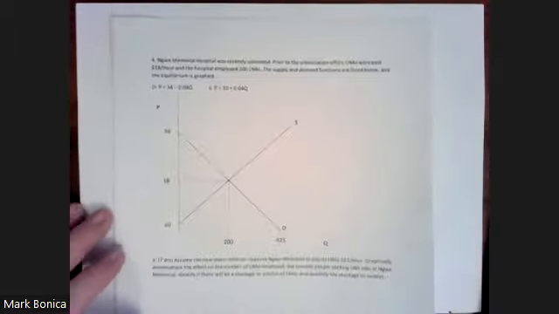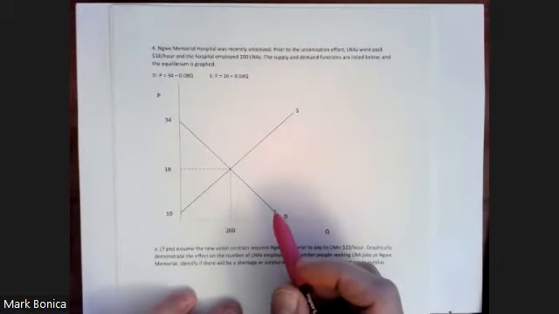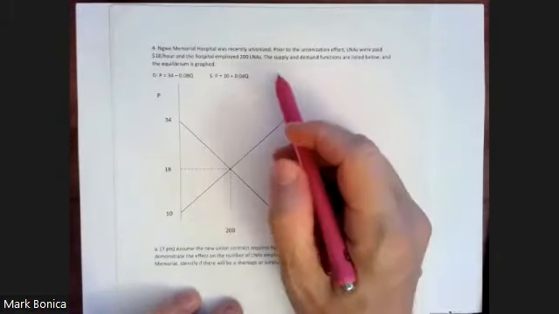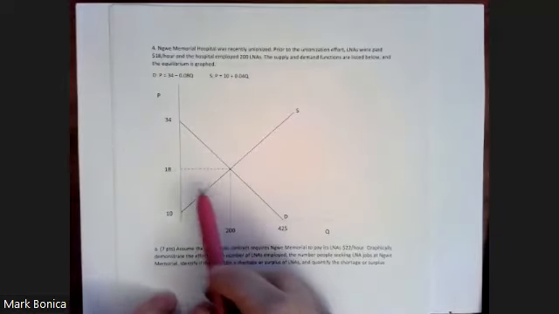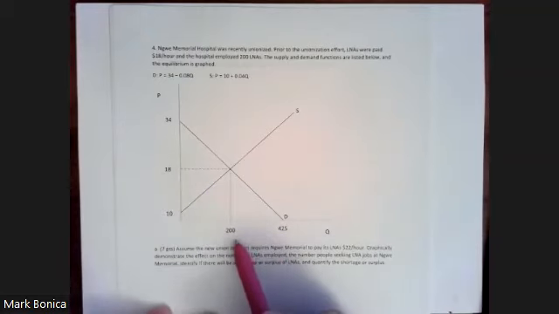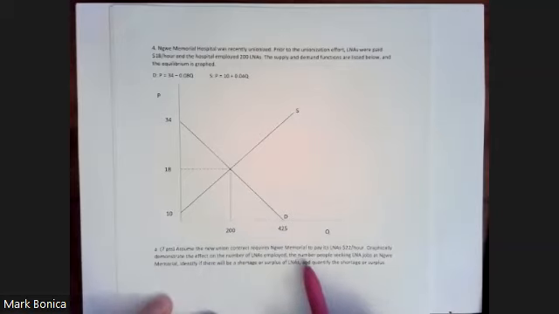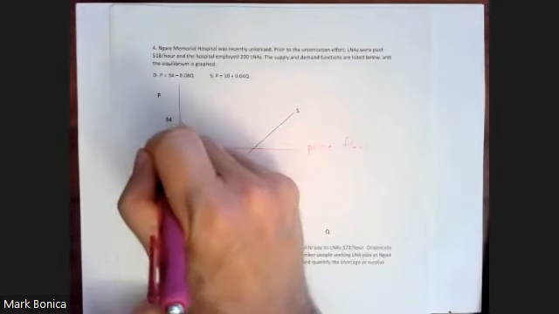All right. Next problem is also from, I think this is chapter 8. I forget. Yeah, whatever. So here now we've got a supply of LNAs at a hospital. Their equilibrium price is $18 an hour. The number of LNAs hired is 200. Now there's a union contract that requires the hospital pay $22 an hour. So now we have a price floor, which means you can't go below 22.